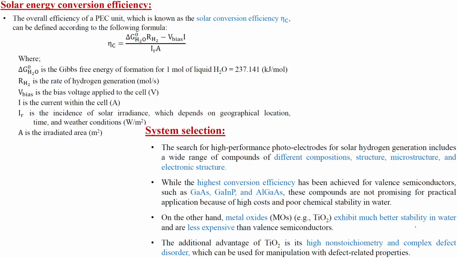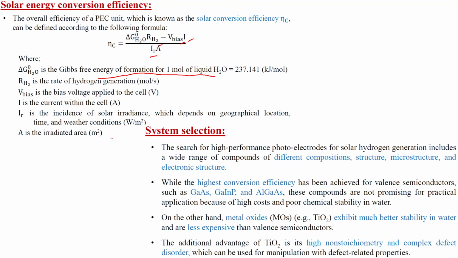Then another thing is the solar energy conversion efficiency. There is a formula for solar energy conversion efficiency, in which delta G H2O is the Gibbs free energy of formation of 1 mole of liquid water. Then R H2 is the rate of hydrogen generation. V bias is the bias voltage applied to the cell, that is the external bias which is required, external power. Then I is the current within the cell. IR is the incidence of solar irradiance, which depends on geographical location, how easily the sunlight is getting irradiated over